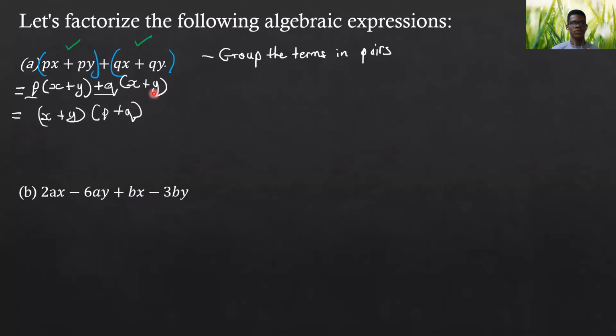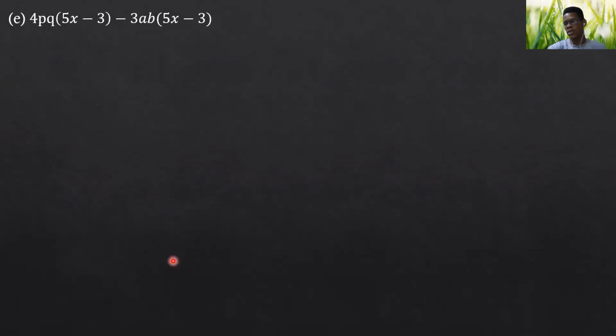It's as simple as just taking the common bracket expression, and then you create a new bracket expression using the terms outside. It's as simple as that. We will go through more examples. However, that's time